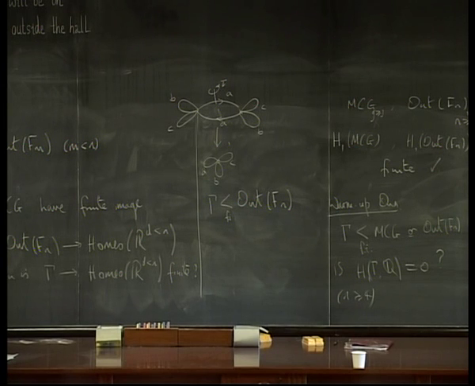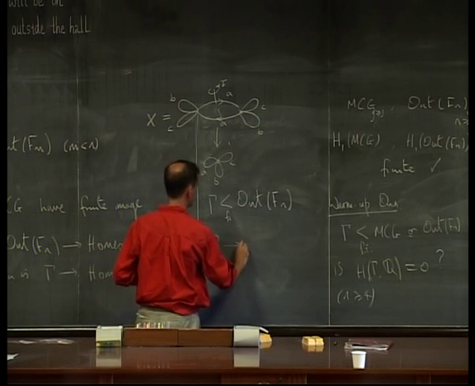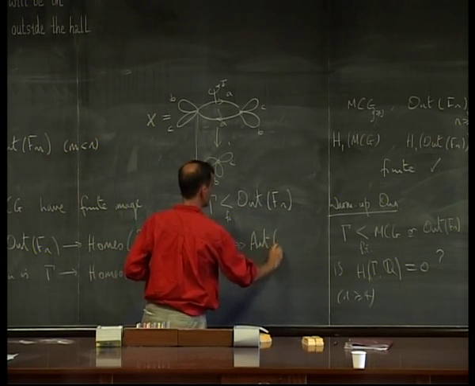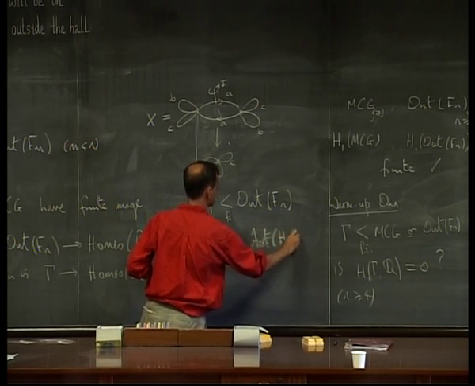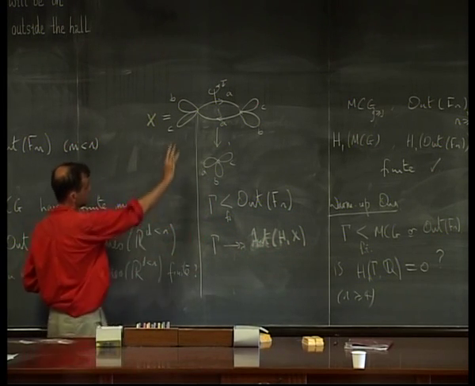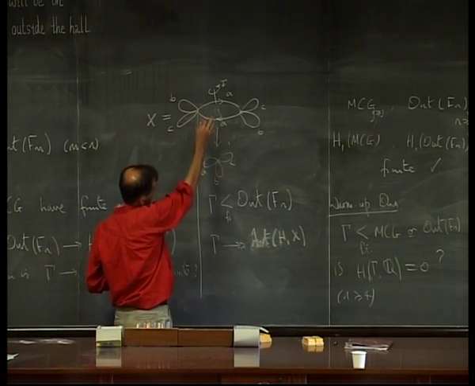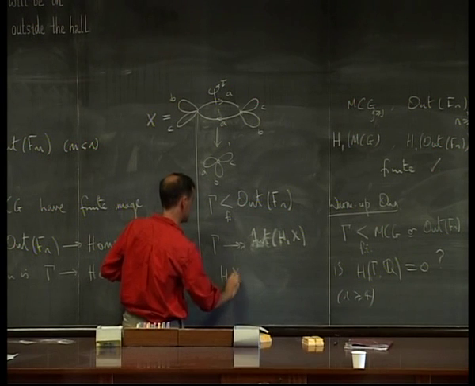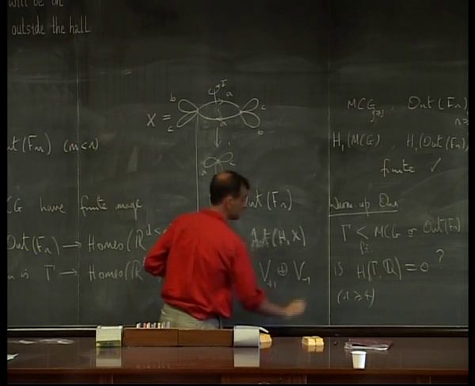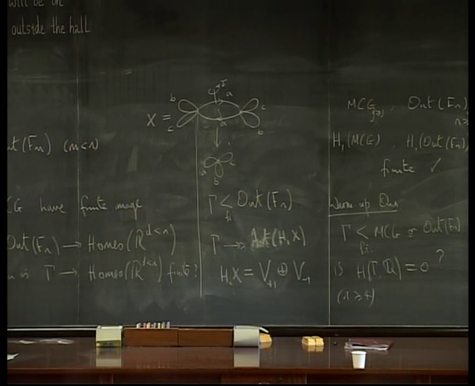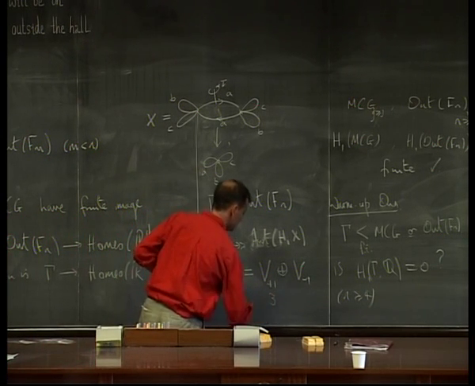Okay? So in particular, it will act on homology of this graph here. And you can actually check it's onto the automorphisms. It just acts on the homology of this graph, but I'm taking the subgroup that commutes with tau. So this is rank 5, but tau will split H1 of X up into a +1 eigenspace and a -1 eigenspace. It's an involution. Now this has got dimension 5. So one of these has dimension 3, that's that one, and one of these has dimension 2.